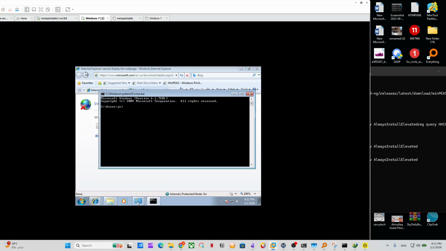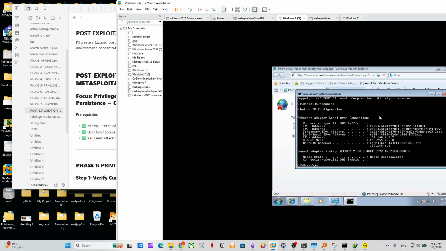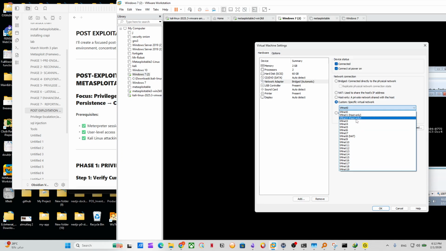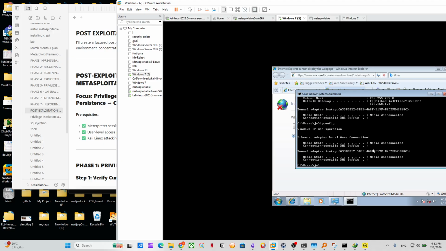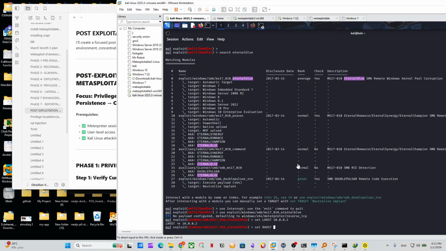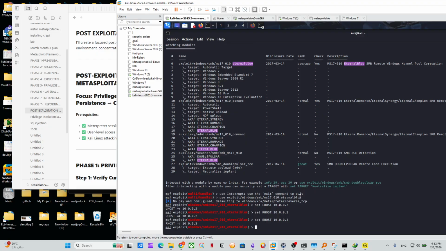CMD, ipconfig. It's getting the IP from the internet actually, because I'm taking it to the internet. Let's just try to change the path here. Give it some time and we'll get an IP. Now it's got an IP, it's 3. So let's just put this one, 10.0.0.3. No, it should be 3 actually, and just run